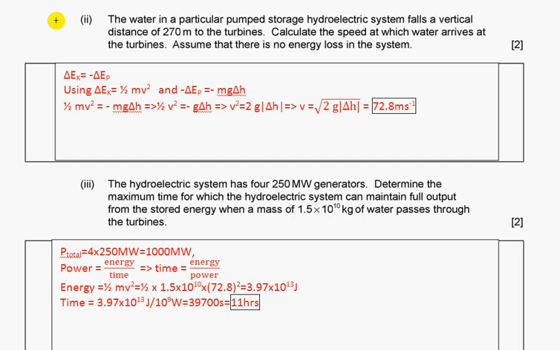The water in a particular pump storage hydroelectric system falls a vertical distance to the turbines. Calculate the speed at which the water arrives at the turbines. Assume there is no energy loss. So no energy loss means the increase of kinetic energy equals minus the decrease of potential energy. The change of kinetic energy will be half m v squared minus 0. And the change of potential energy will be minus m g delta H. So we equate these energies, cross out mass,